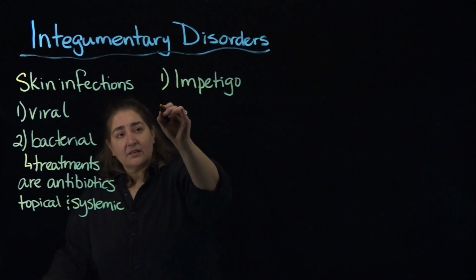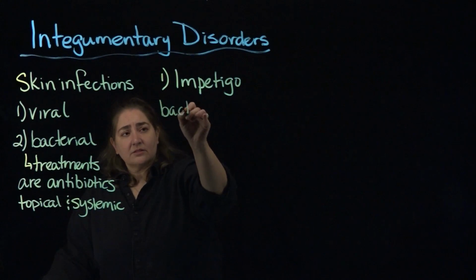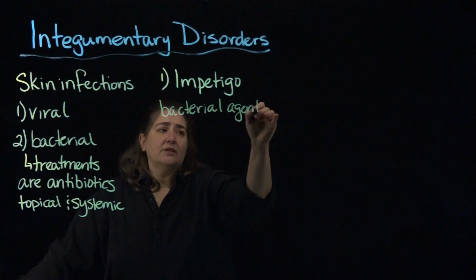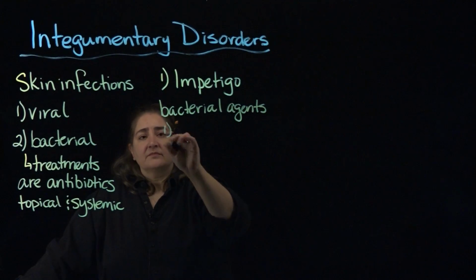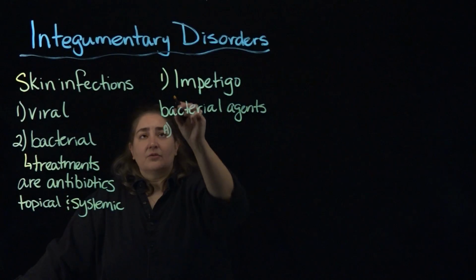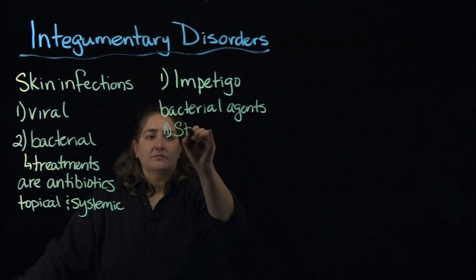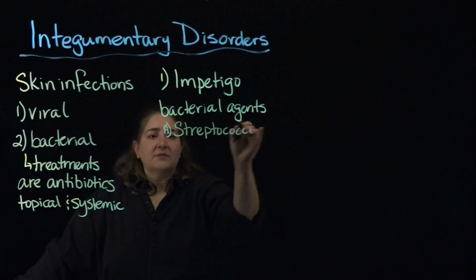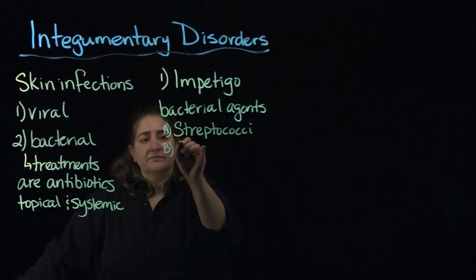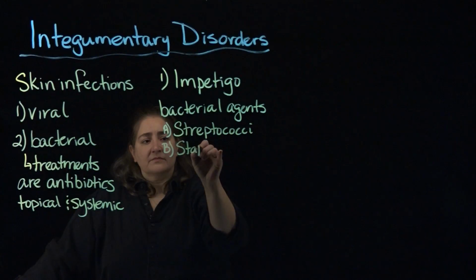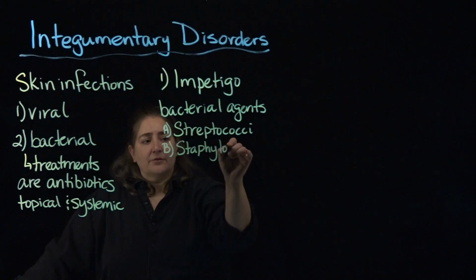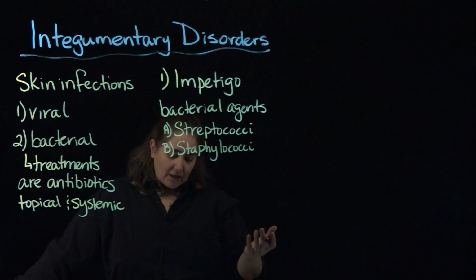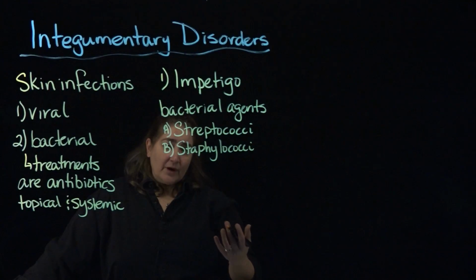But typically the bacterial agents associated with these, well, maybe I'll make that an A since I've got a 1 up there, are going to be Streptococcus or Staphylococcus. All right. And with the population,